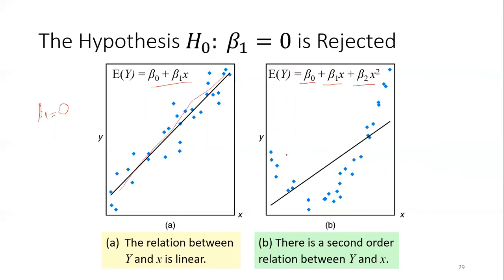Okay? So as you see here, the relationship is something like this, but if you try to fit a single line to the scatter plot, it will give you something like this. And if you make a hypothesis test, it will say that beta 1 is not equal to 0. Okay. So you may have something like this or something like